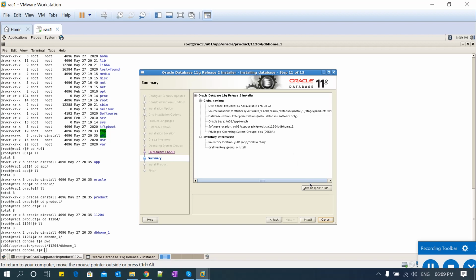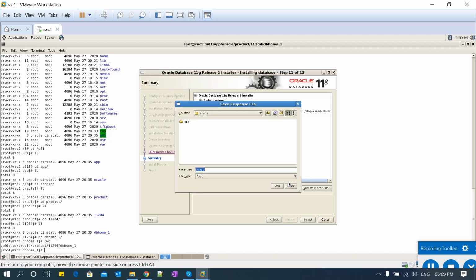Make sure you save this response file so that you can use it for cloning, or for an exact copy of the installation on another server or in new directories.